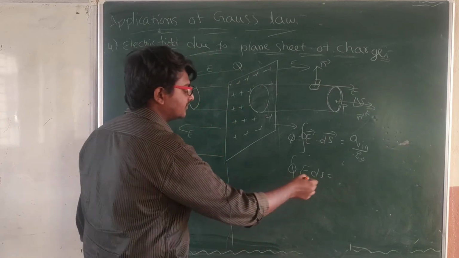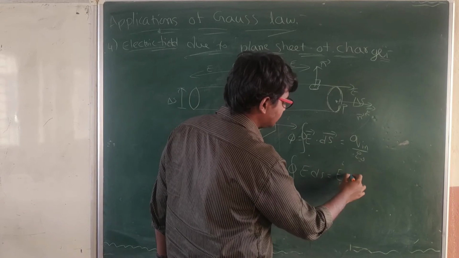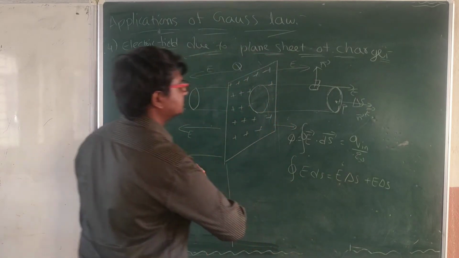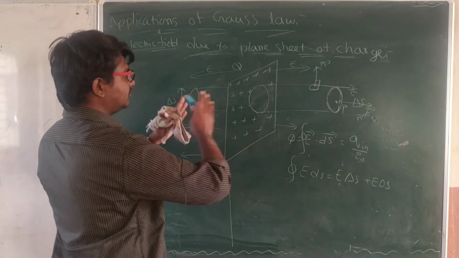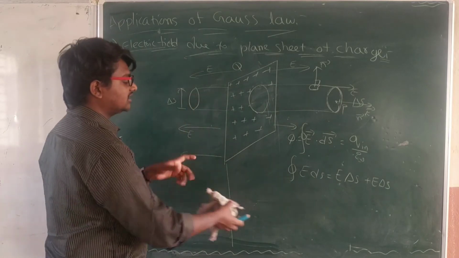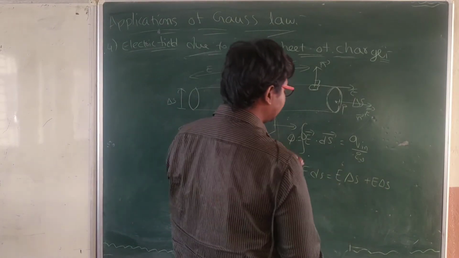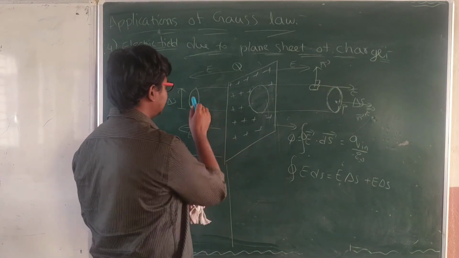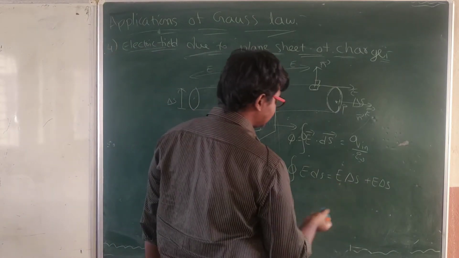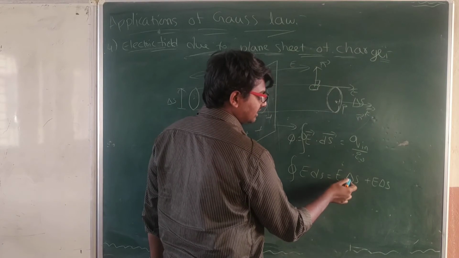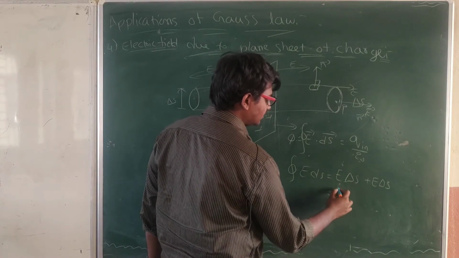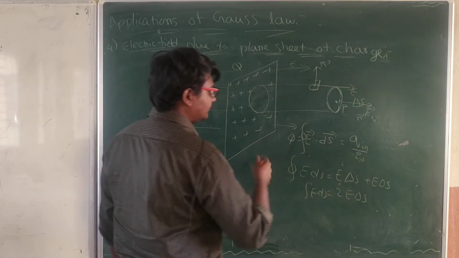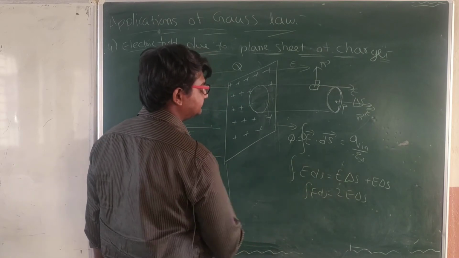And here at this position E delta s plus again E delta s we have to do. Why? Because the electric field is there in both directions on the same area, delta s and delta s. That is the reason we have to do E delta s, and the distance from the sheet is the same. Both points are at the same distance, meaning here another point P dash if you consider. That is the reason integral E ds is equal to E delta s plus E delta s, that is totally 2E delta s, and you can remove the surface integral symbol, fine.